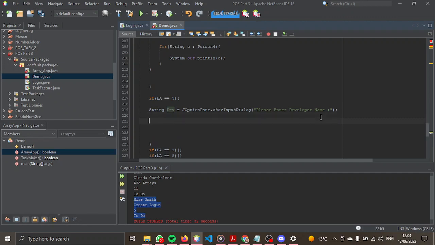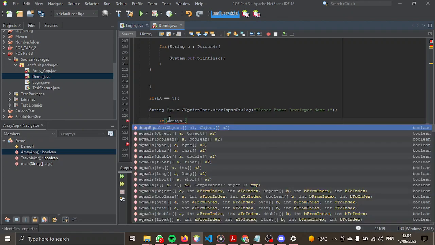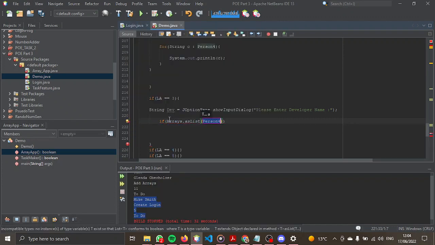And then if statements, I'm going to tab this just so it looks nice. So if Arrays.asList, and then same as before, person 1, person 2, so person 1 contains dev. So if it contains the dev name, then